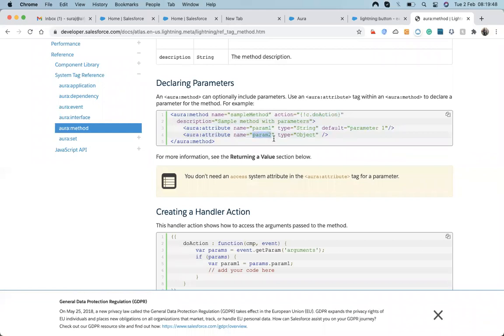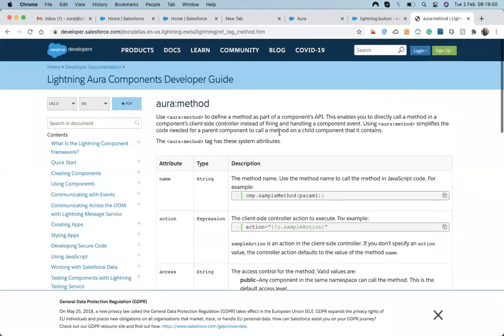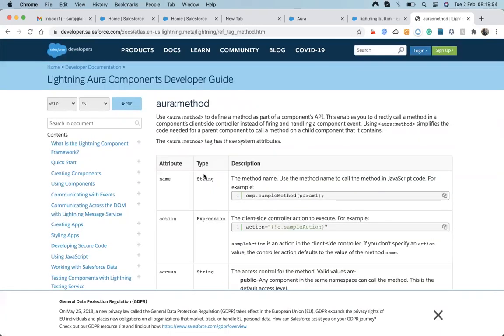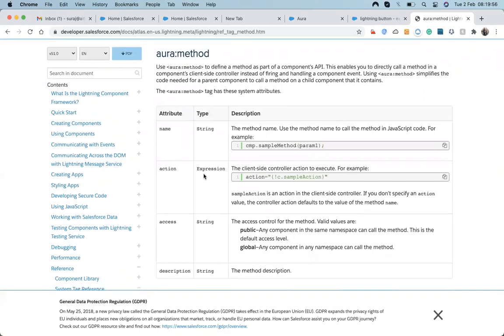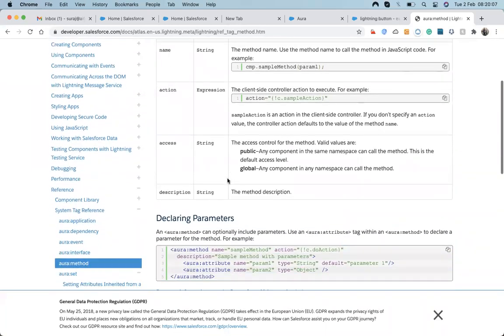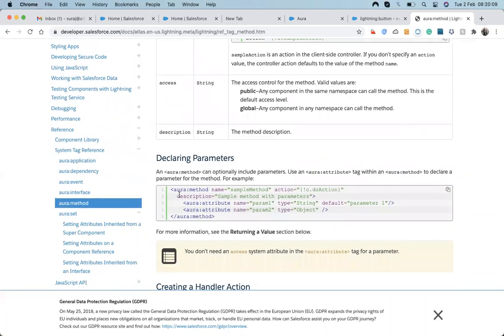If we want to pass some parameters, then we pass them, and we can take the help of that Aura method to call from a parent. Let's decide that.